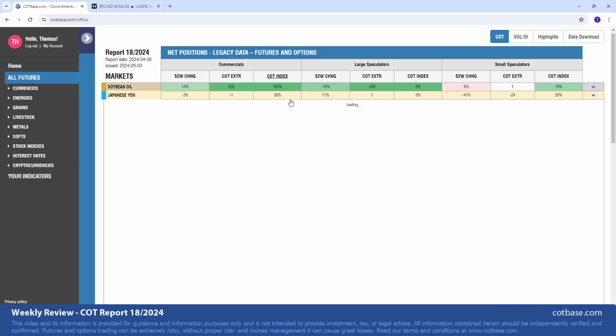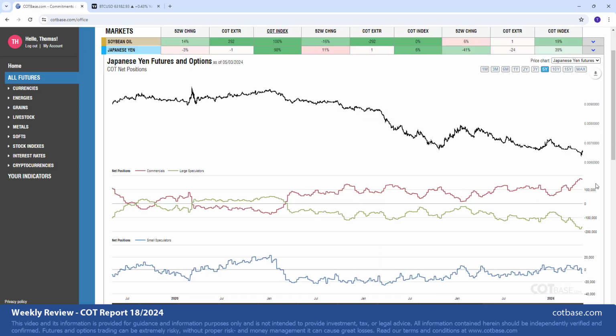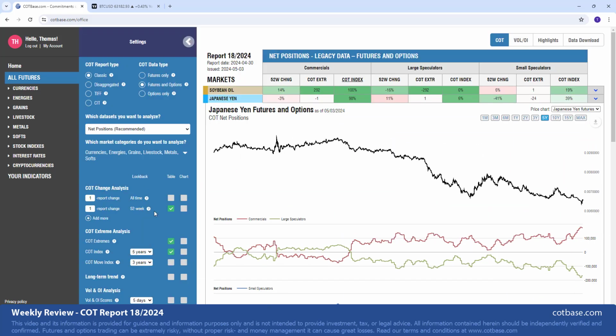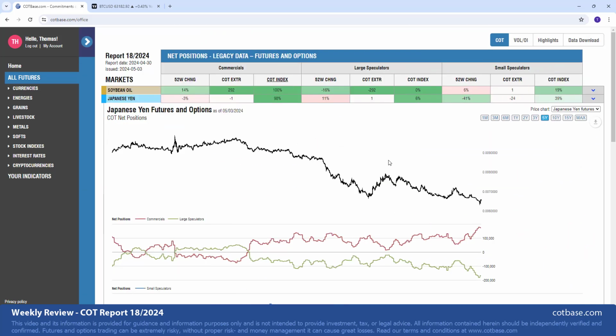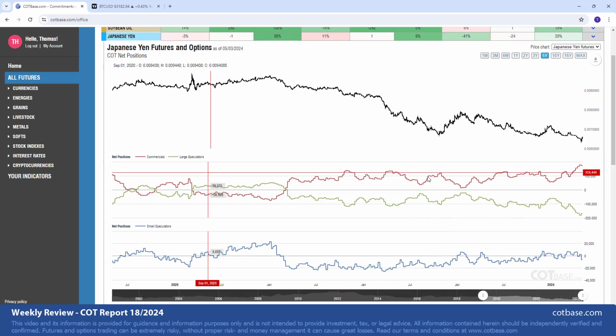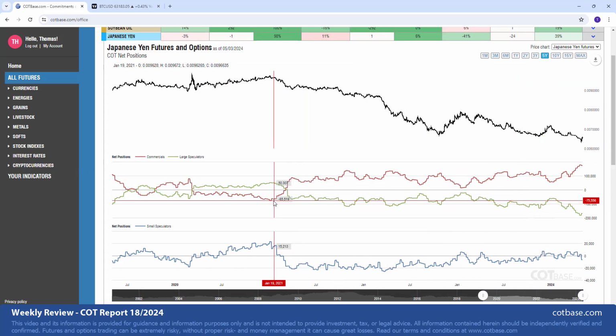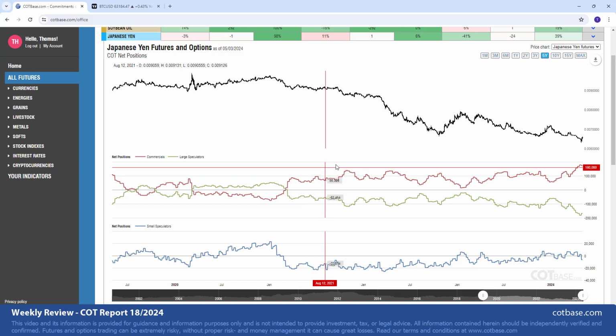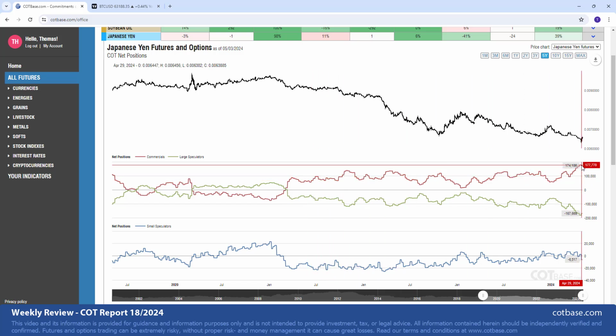98% extreme. It means that, if you recall, I set it to a 5 year look back period. Okay, we have a 5-year chart. On this 5 year time horizon, what the COT index does is it takes the most bearish value. In the case of the commercials, that was roughly a net 71,000 contracts net short level, and then it takes the most bullish extreme, commercials being at